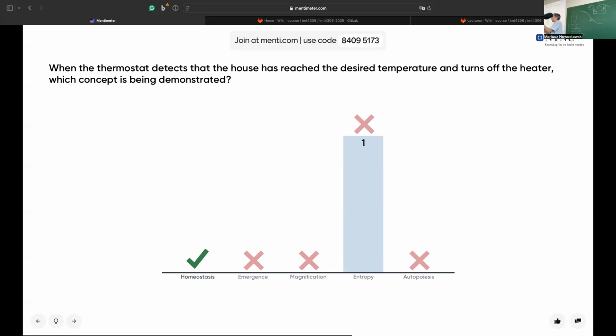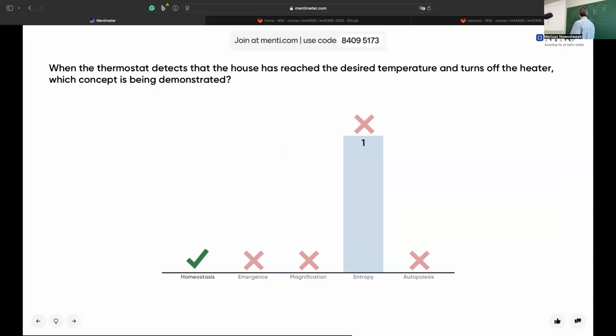But if we are in homeostasis, we eat as much as we need to produce the work that our body needs. So emergence is when there is something new. Magnification is when the signal is amplified. Entropy is the measure of disorder, and then autopoiesis is kind of a related concept to homeostasis, but we have